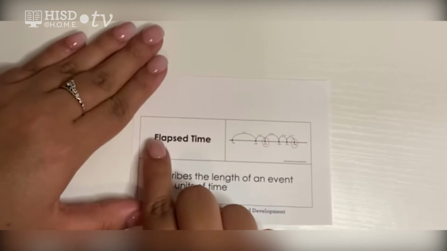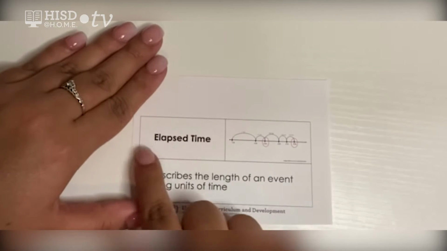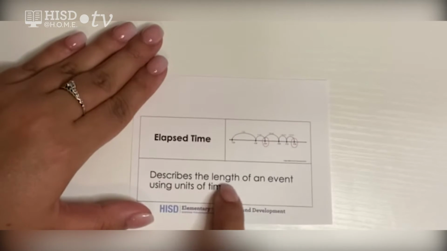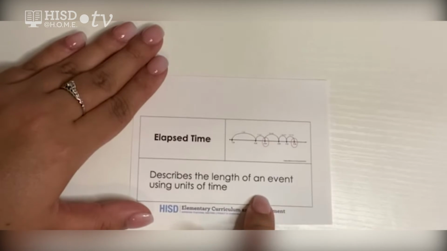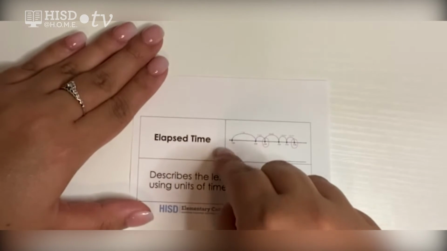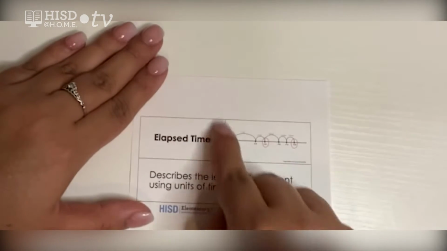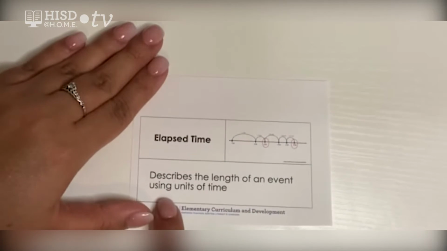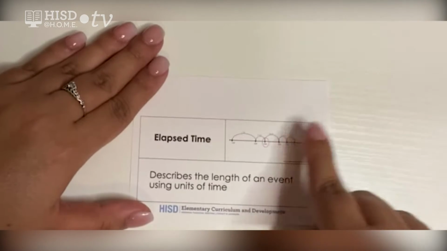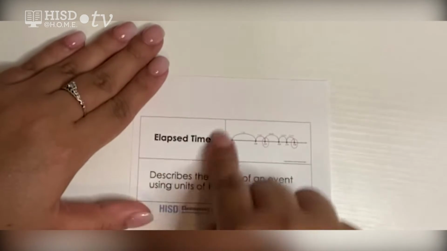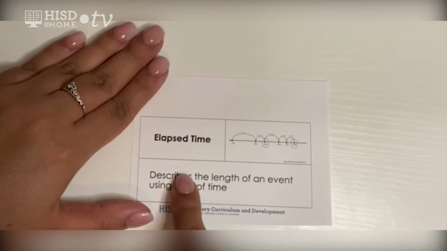Everyone say that with me. Elapsed time. Very good. Elapsed time. This describes the length of an event using units of time. For example, how long we spend in school, from the moment we got to school to the moment we get picked up from school. That's elapsed time. That tells us the length of time that we were in school. So if we count all of those hours, it tells us the elapsed time of the moments that we were